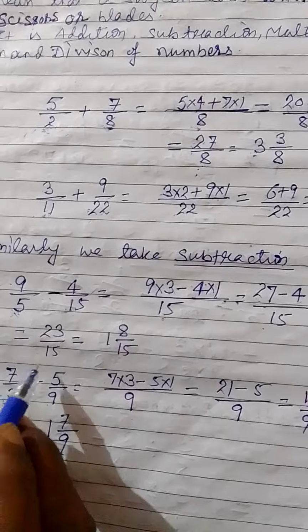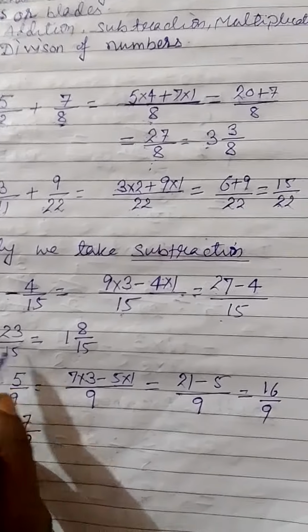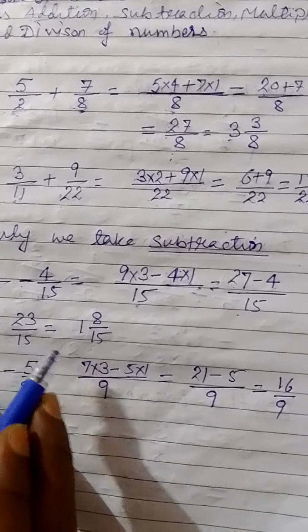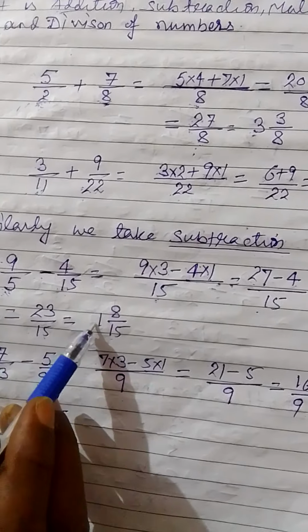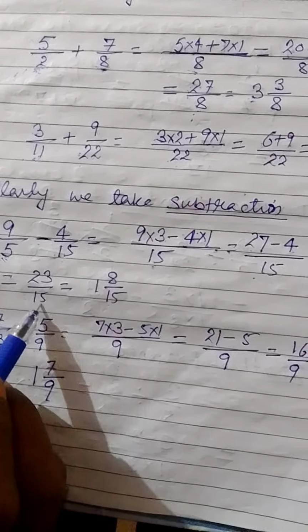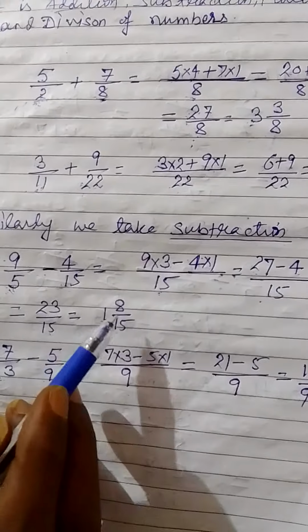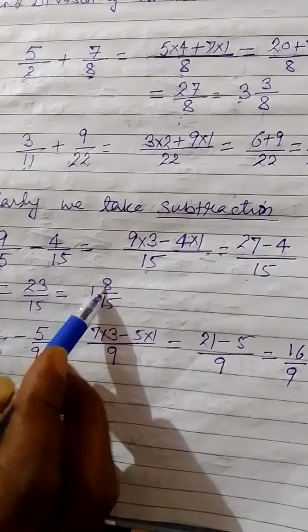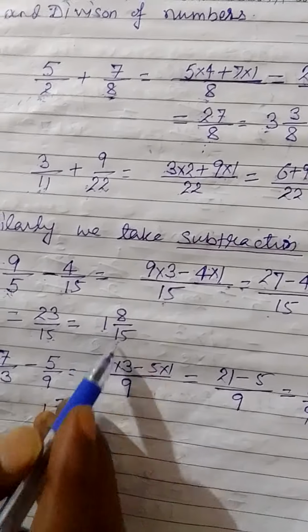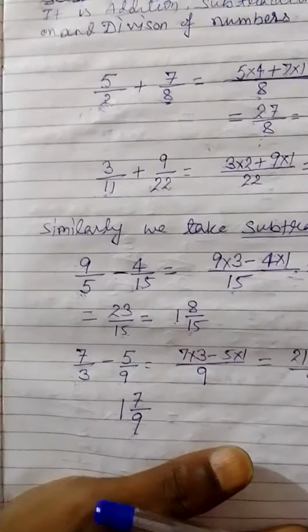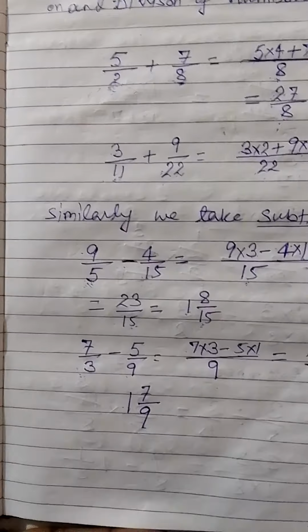So this is again an improper fraction. So we can convert this improper fraction into a mixed fraction. So 23 divided by 15, 1 is the quotient, 8 is the remainder, and the divisor is 15. So it comes 1 and 8 by 15. And again we take one more example